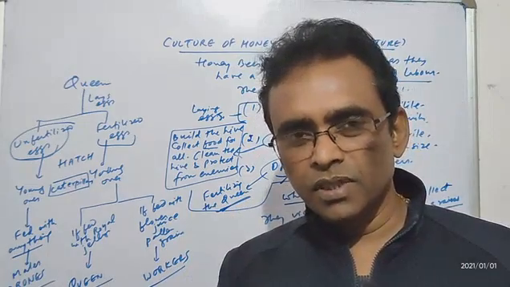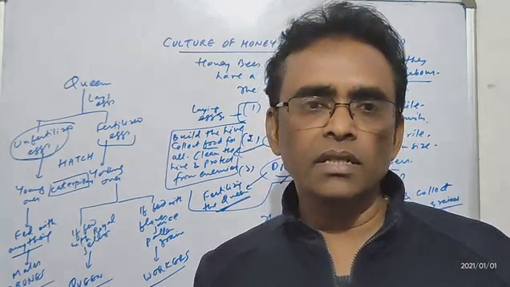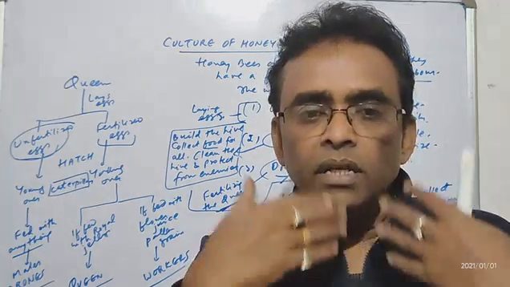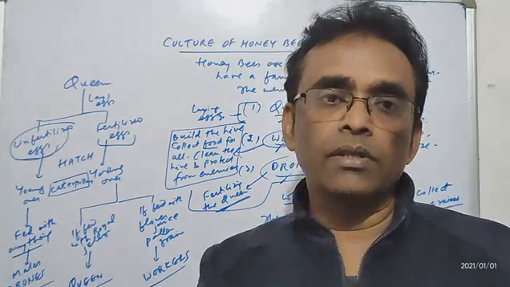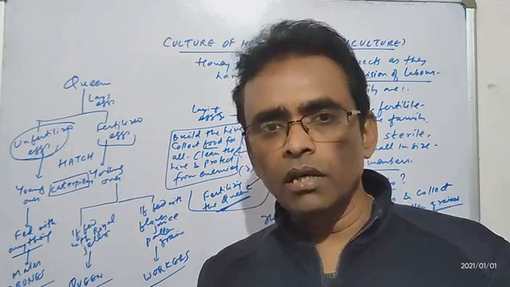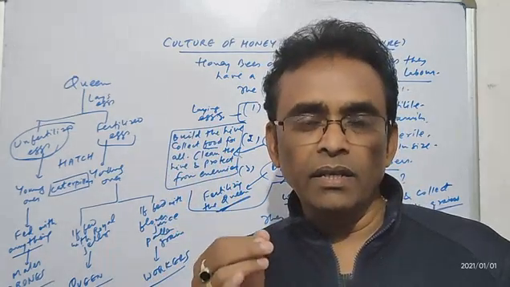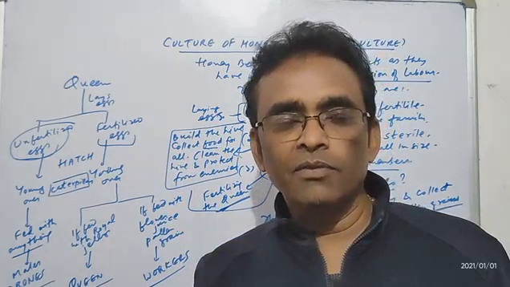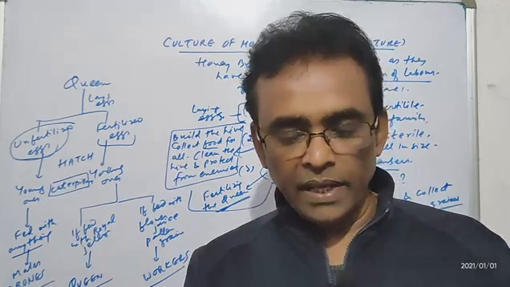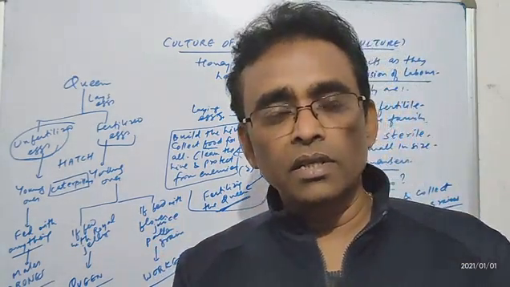digest it, the flower juice, pollen grain, nectar, royal jelly, उसको digest कर लेते हैं. Digest करने के बाद वो जो liquid है उसको फिर vomit करके निकालते हैं. And they store it for the future use. When the caterpillars or young ones will come, they will be fed with that. This is called honey. Honey is a digested flower juice, pollen grain, nectar, whatever you call, royal jelly. They are digested by the workers and re-vomited out. And that is honey. It is already digested.